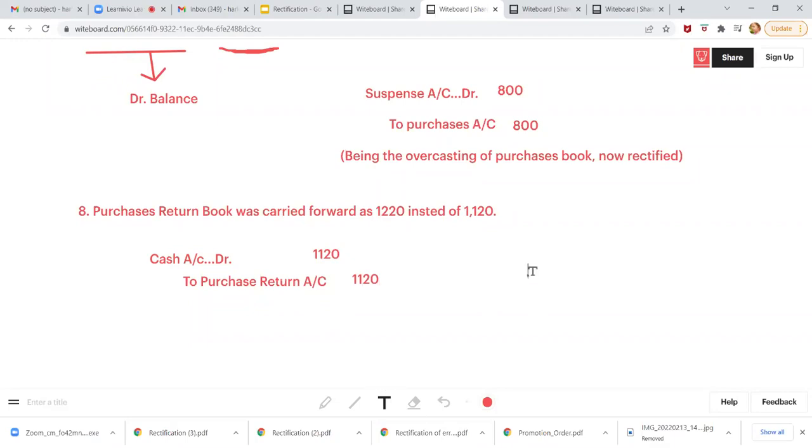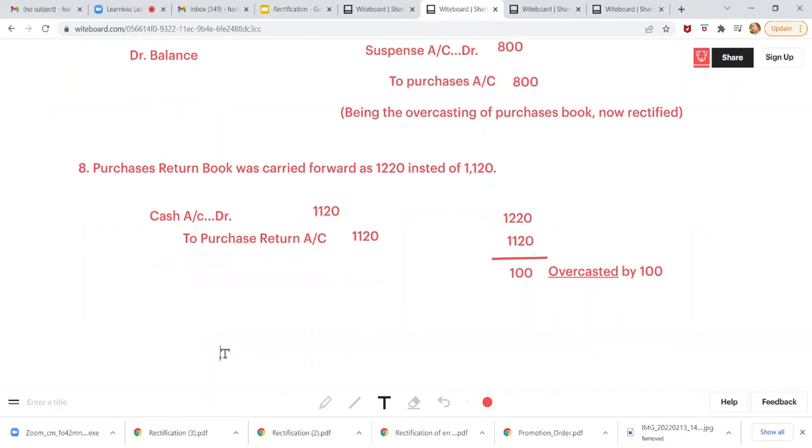By mistake it was written as 1220, but there has to be 1120 amount. So there is a difference or error of 100 rupees, right? It means it is an excess amount, or purchases return is overcasted by 100 rupees, right? So to nullify this effect,